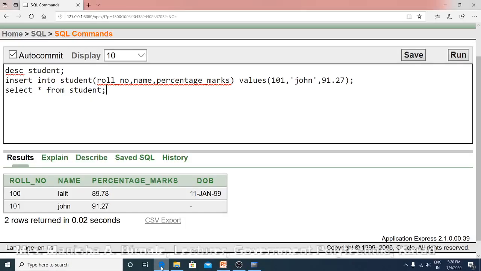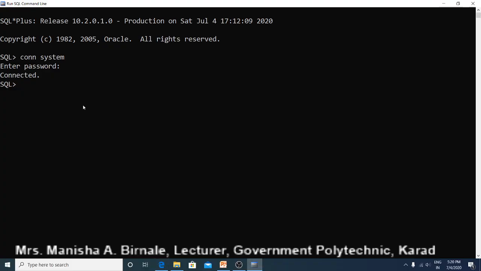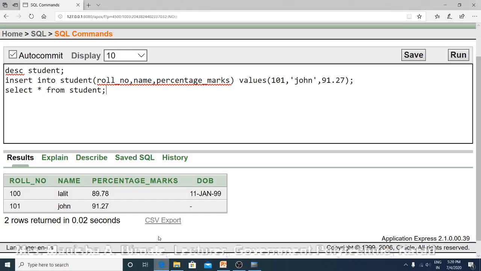Such form of insert cannot be executed from this graphical user interface. For that you have to execute third form of insert from this SQL command line, because here input is taken from user and user gives input through the keyboard. In first two forms we were giving values directly in the query, so this can be executed from here,